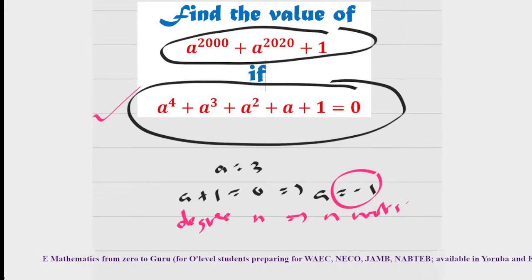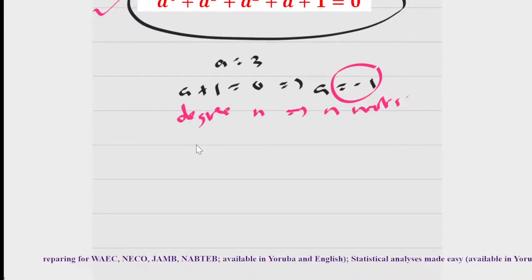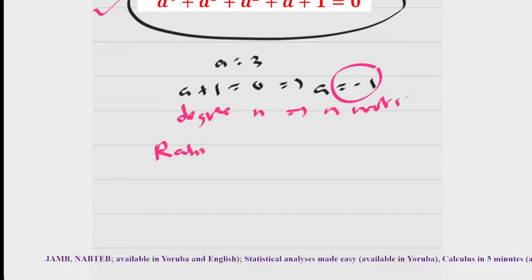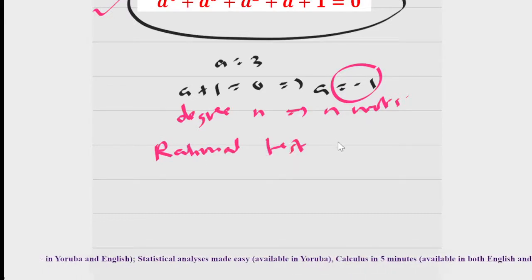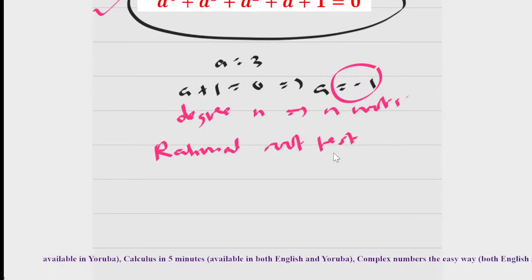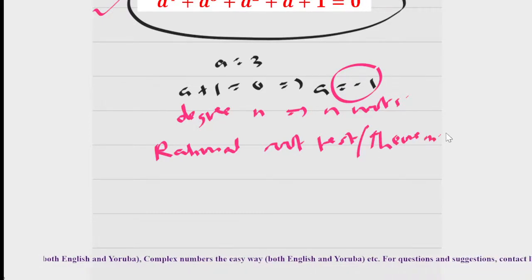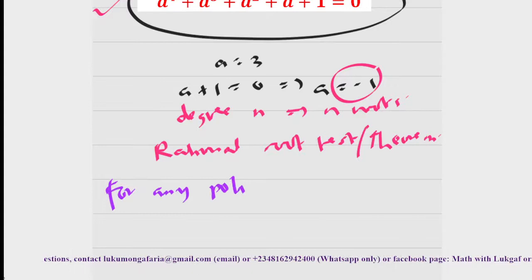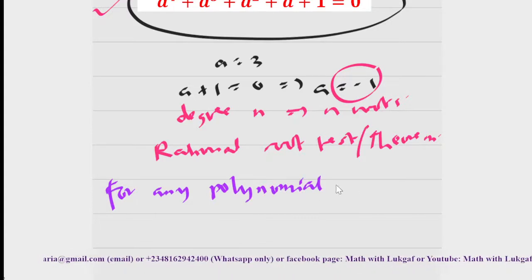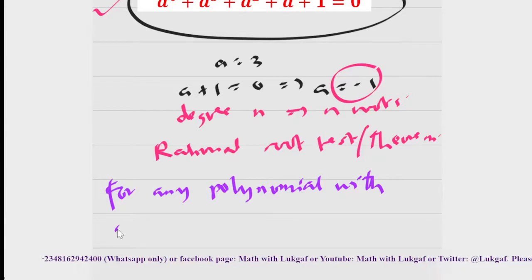One of the ways you can be thinking of is to use what we call the rational roots test. I hope you understand what we call the rational roots test, or you can say the rational roots theorem. So this is one of the theorems in polynomials. What the theorem is saying is that for any polynomial, maybe I should write it down, for any polynomial with integer coefficients,